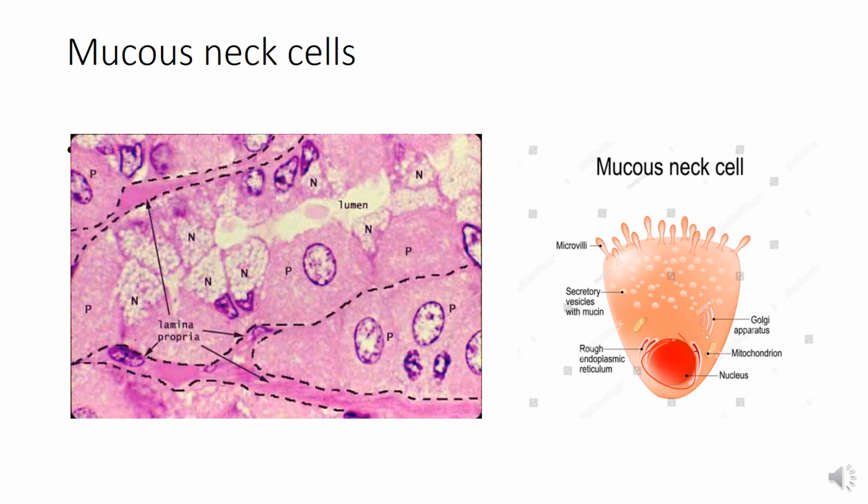Now these mucous neck cells produce a subtle amount of mucus that mixes with chyme and functions to lubricate the gastric contents. So you can see here, this is the histological section on H&E stain, and these are the mucous neck cells. You can see that they are filled with mucus, the secretory vesicles of mucus. Here you can see the basal spherical nucleus with the apical portion filled up with the mucus vesicles.